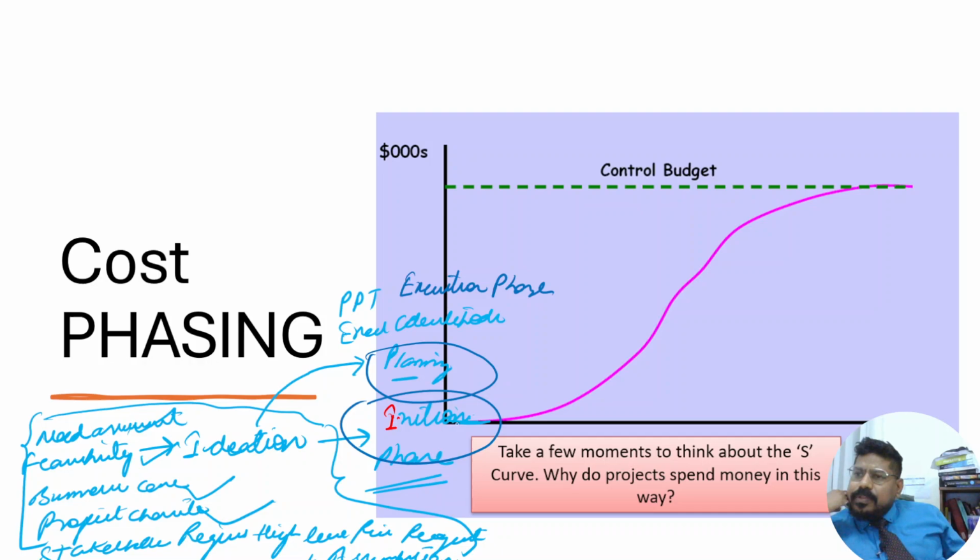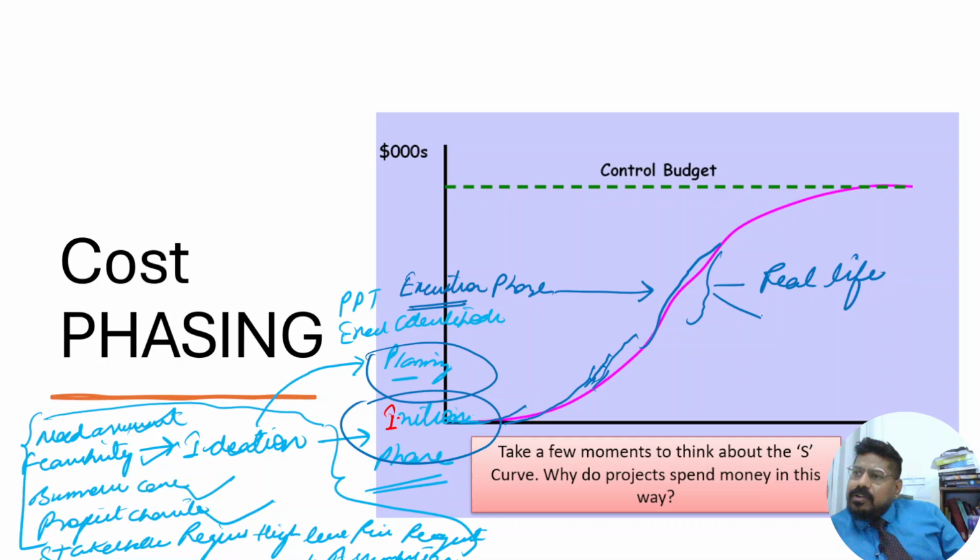the cost incurred was almost zero. As you go towards planning, it is increasing, because in planning you have hired more team, you have started hiring the developers, testers, UI UX designers, etc. If it is real estate, you have started buying lands, you've started building team and stuff, so cost is increasing slowly. Execution phase is where you have the maximum cost involved, because you're executing, everything is happening here in real life,